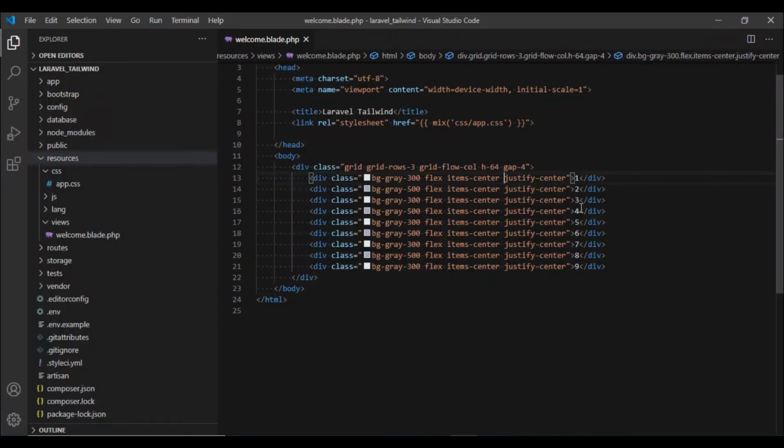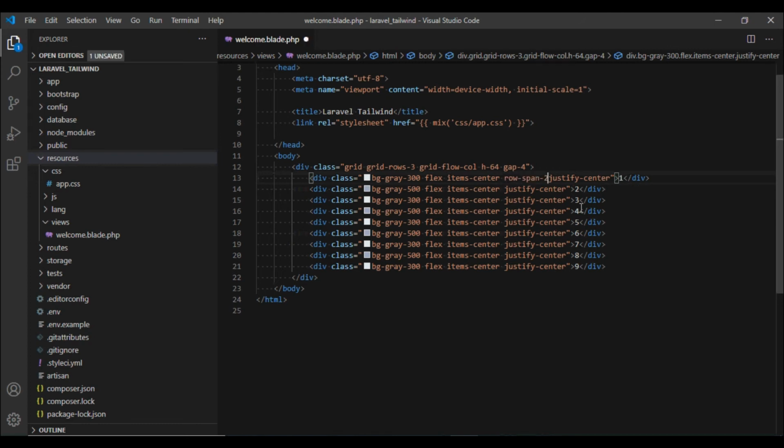And now we are going to discuss one important property. If you have ever worked with tables in pure HTML, you would have seen that the td and th have properties like colspan equal to 2 or rowspan equal to 2. In the same way, this grid system also has col-span and row-span properties.